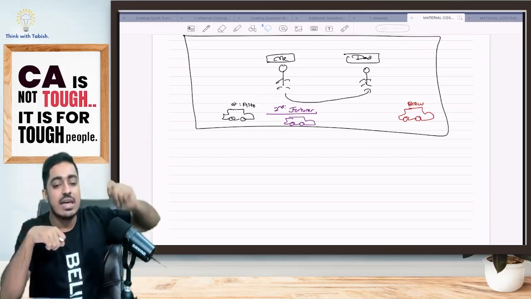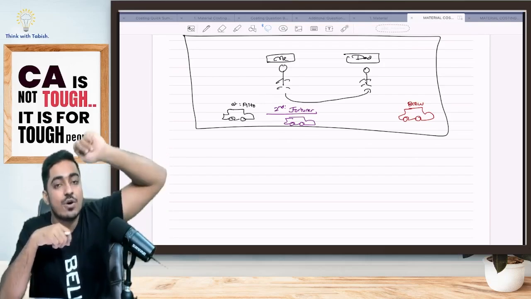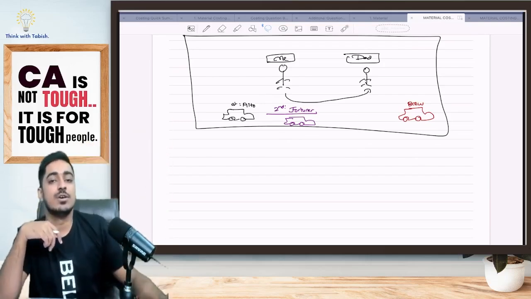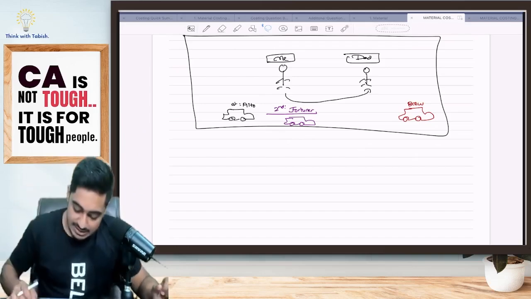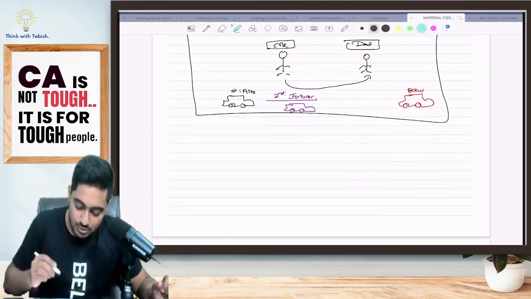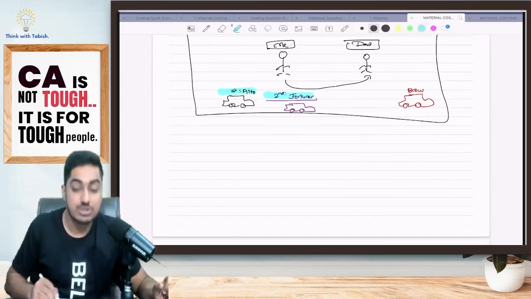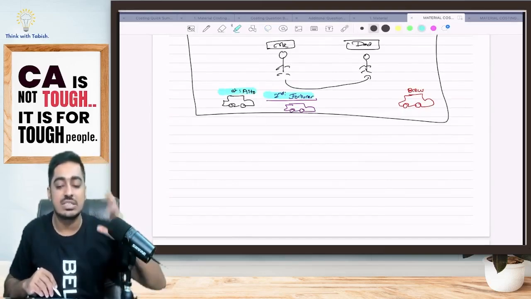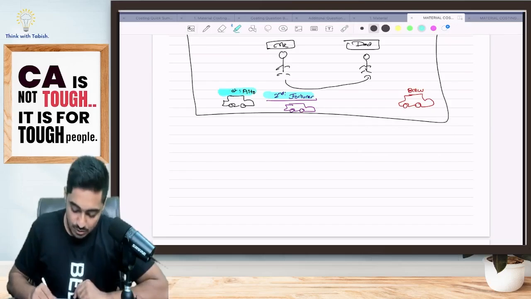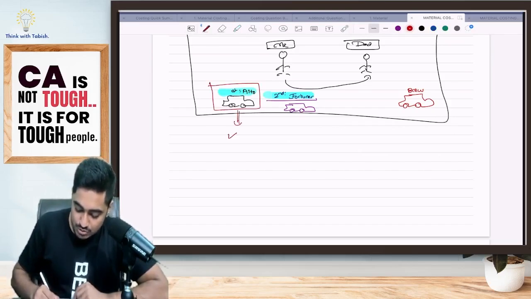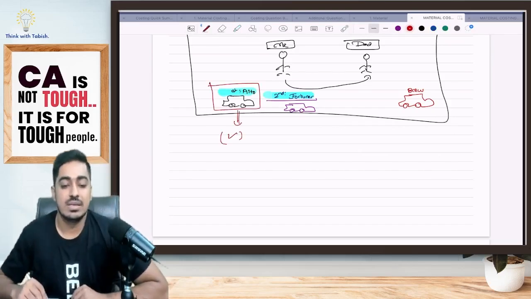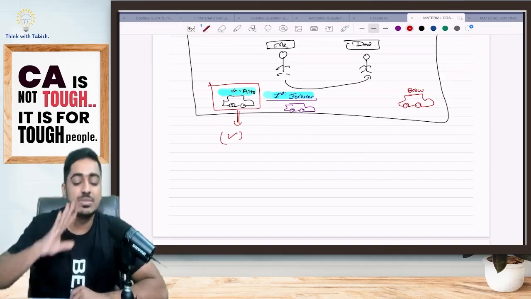Pay attention, everyone. I decided to sell my oldest car. Which car will I be selling? Think and tell me. Will I be selling Alto or Fortuner? Sir, it is but obvious. Your oldest car is Alto, so I will be selling Alto. Yes or no, everyone? Exactly the same thing I am telling.